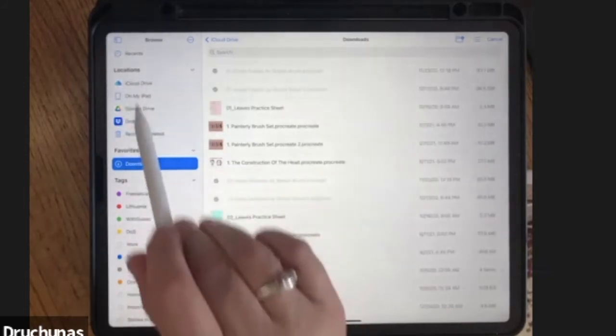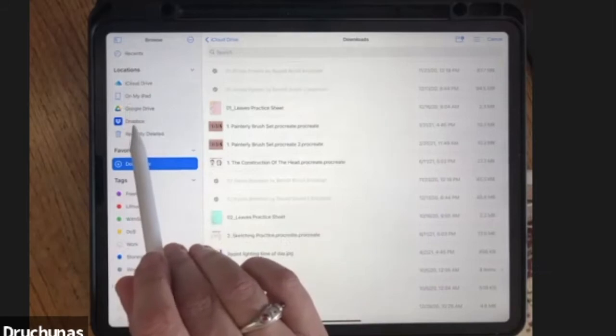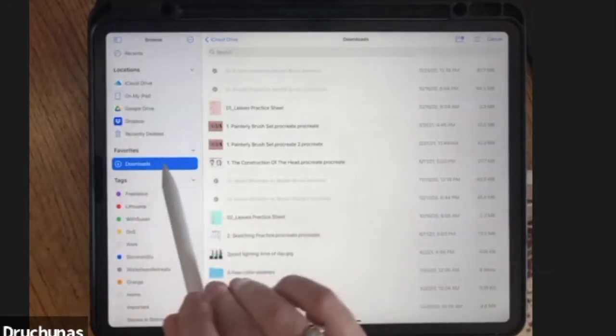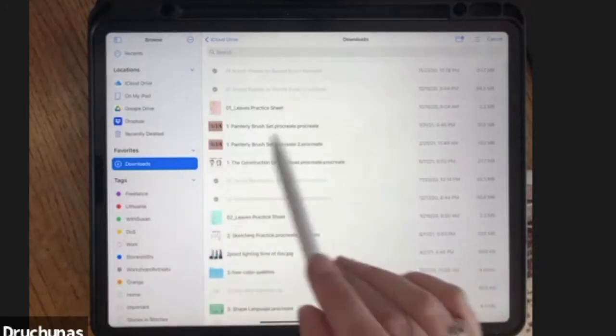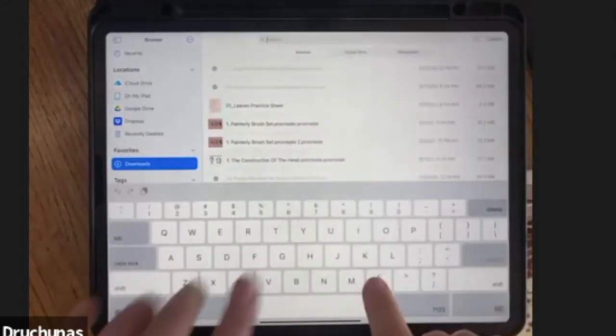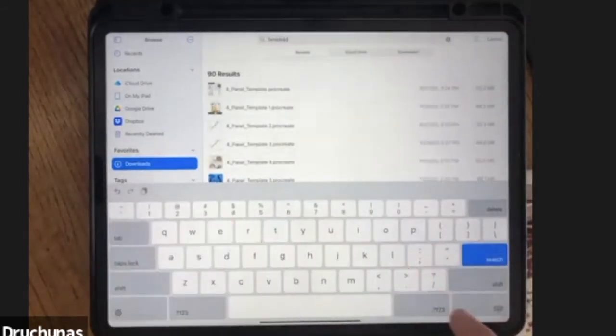And then there's other things like if you saved a file in Dropbox or Google Drive or something, you can connect those to this. But this was in, oops, it wasn't in downloads. Oh no, I don't know where it is. So I'm going to go up here and I'm going to type in template